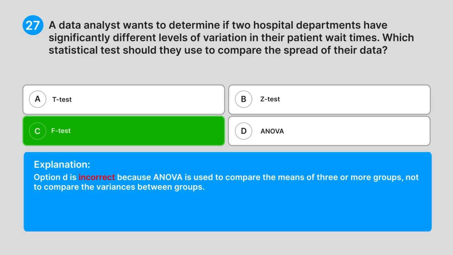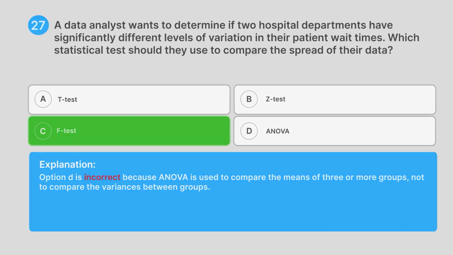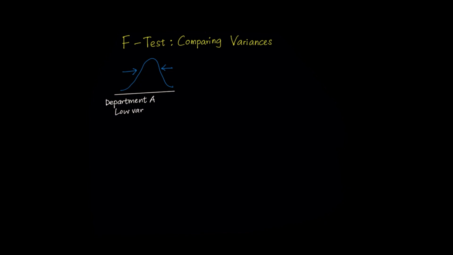Option D is incorrect because ANOVA is used to compare the means of three or more groups, not to compare the variances between groups. Let's dig into understanding statistical tests for comparing variability between groups. When a data analyst wants to determine if two hospital departments have significantly different levels of variation in their patient wait times by comparing the spread of their data, they need an F-test which calculates the ratio of variances to